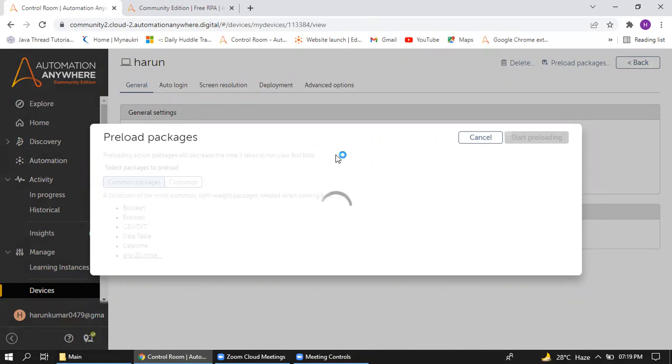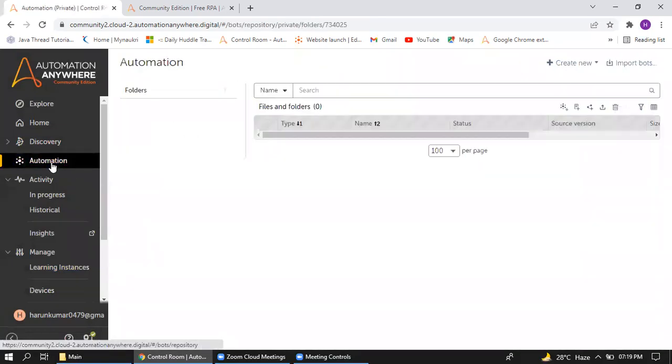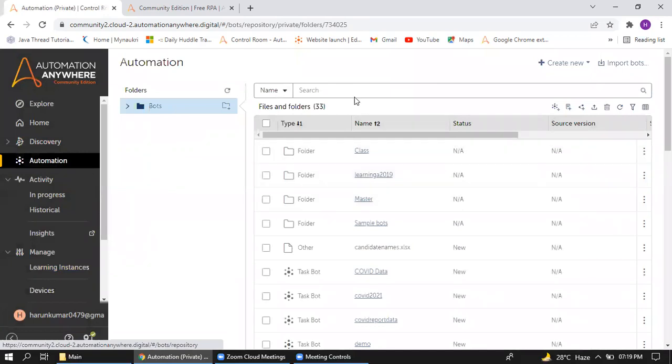Preloading is nothing but loading all the packages, I mean the continuously used packages. We can preload that so that the first bot won't take much time. Okay, for avoiding the much time taken by a bot, we can use preloading in the starting. Once preloading is starting, then we will go for it. So I will search here demo 1 to 1.